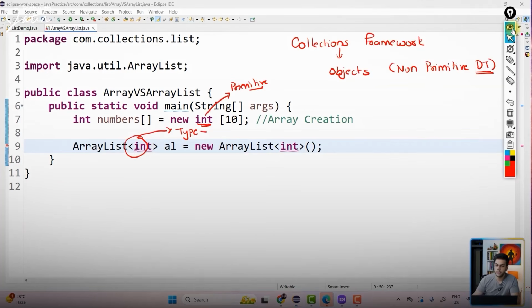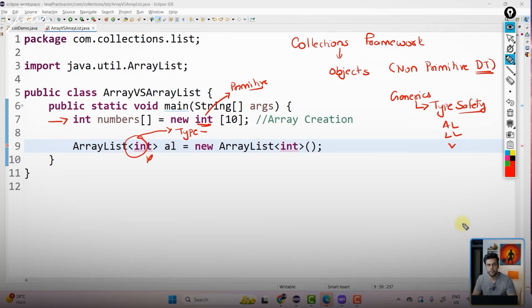So when generics was introduced, the thing is, generics basically helps you with type safety. When you have collections like ArrayList, LinkedList, Vector, and I want to create an array list of integers, I could not pass int over here for sure.